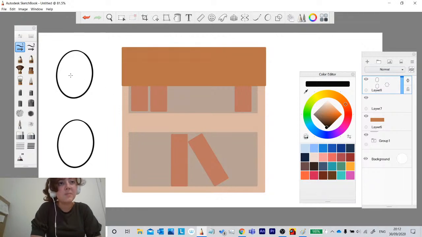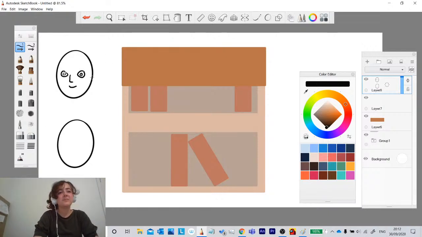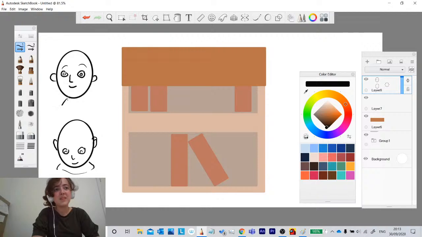So if you have the same shape and you have a character, then if you put the eyes, the nose, and the mouth, like this, it would look front facing. But if you move it down, while keeping the same shape, then it would give you the impression that, and then if you move the ears up like this, that the character is now looking down, even though the shape is the same. This doesn't really go for objects that are not humanoid,